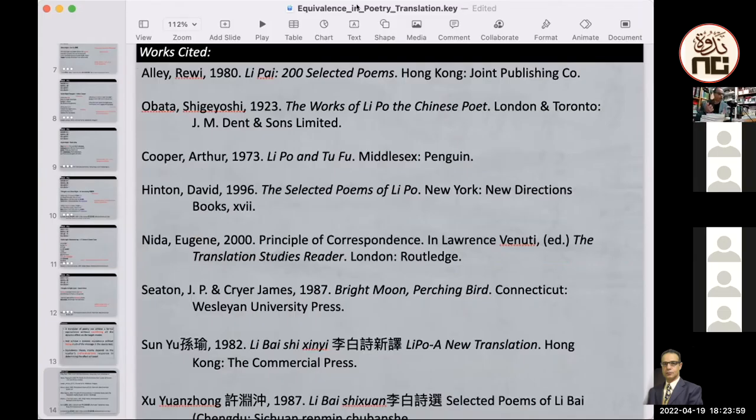to read more about Chinese rhythm and about the ping and ze and the rhyme, I can suggest some of the books that I personally use. This is a dictionary of the rhyme, Chinese rhyme. This is a dictionary of ping and ze. These books are very interesting and very good books that will really inform you a lot about classical Chinese poetry and the rhythm of classical Chinese poetry. And this one also is very interesting, a very good one.